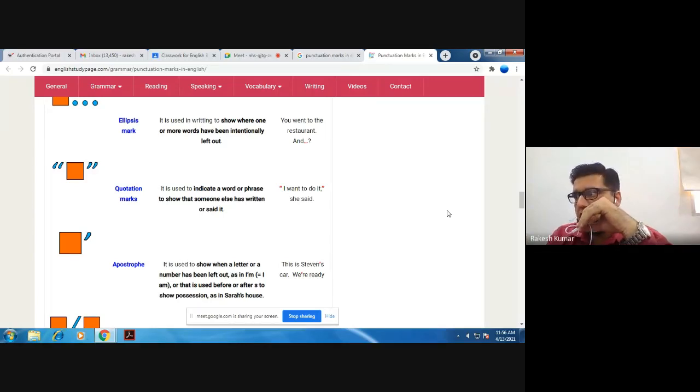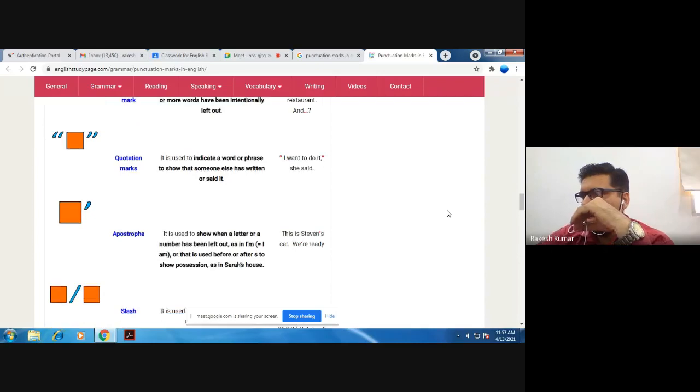And what is the meaning of it? They are saying it is used when you feel there are more words, and these are words that you would understand. An example is: you went to the restaurant and then dot dot dot. It means you expect the other person to understand what you want to say. There are a few more words which I want to write, but I'm intentionally leaving them out because I do not want to say or write anything here. It means you can easily guess what exactly I am pointing towards.